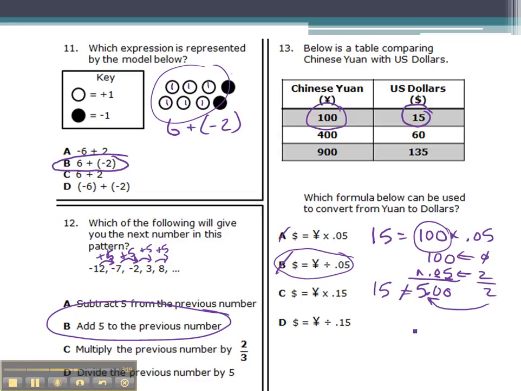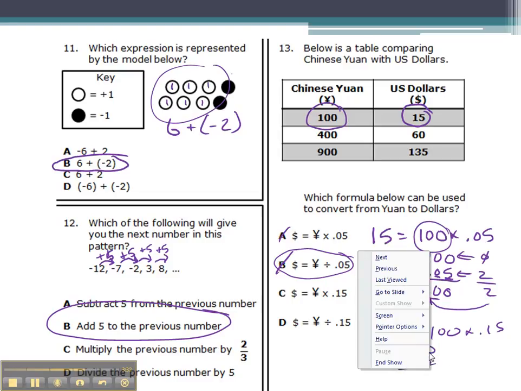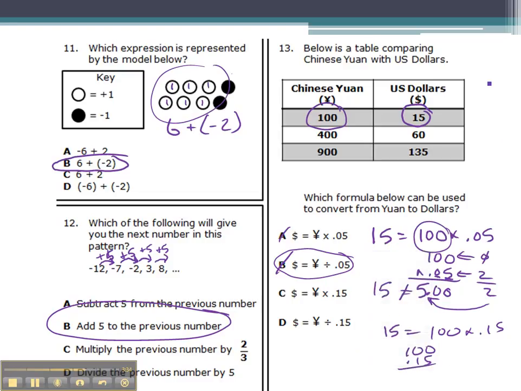Yuan times 0.15. So 15 equals 100 times 0.15. 100 times 0.15. I need more room for this. 100 times 0.15. 0, 0, 5. Now I'm in the tens place, so I start with a 0. 0, 0, 1. Adding those, I get